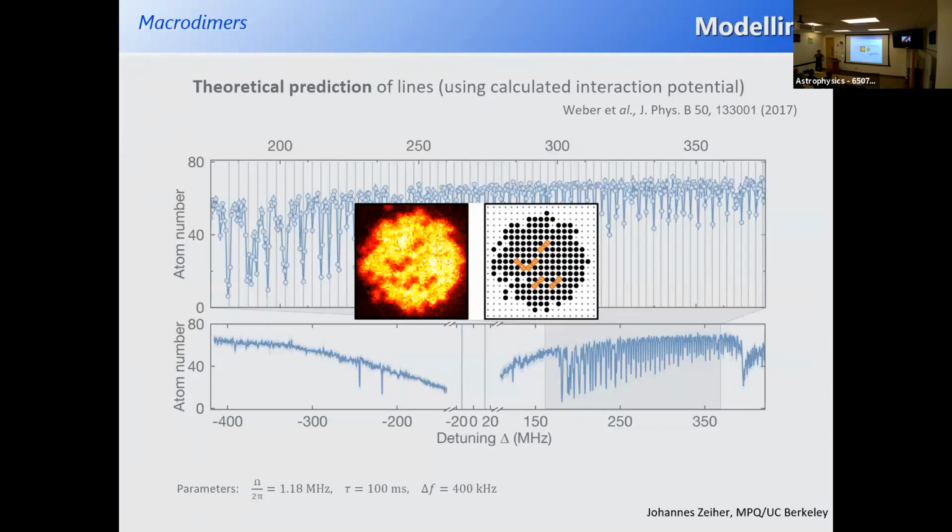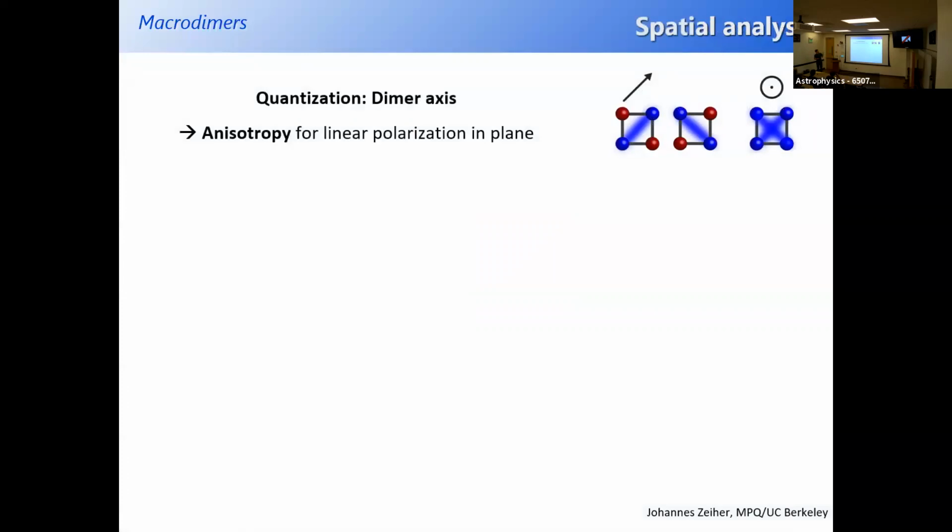Okay, one more thing that you notice here is that looking at the orientation of these molecules, they seem to be predominantly aligned along this diagonal, right? And we were puzzled by this a lot, and we tried to think of reasons why this might be. So why is this?